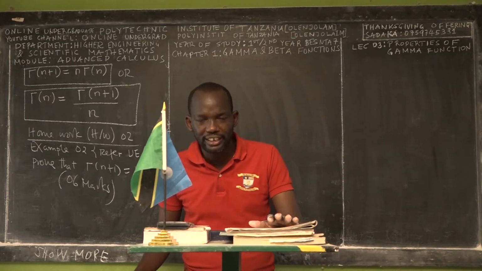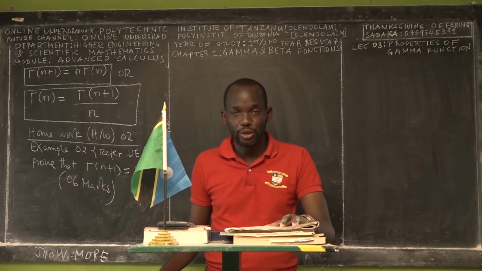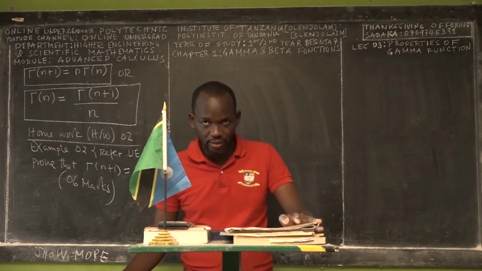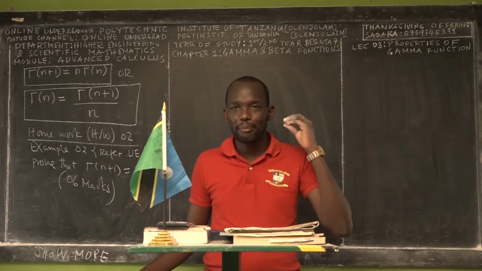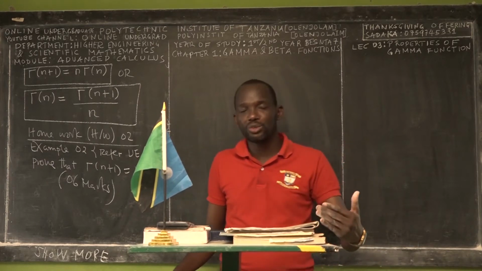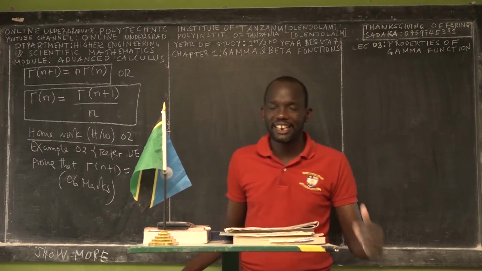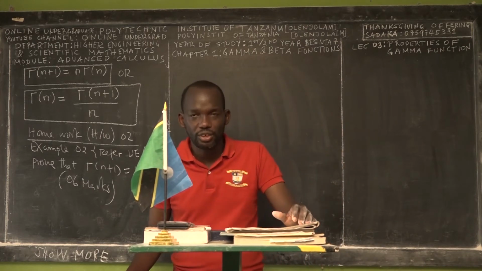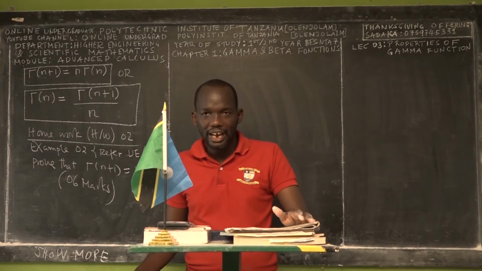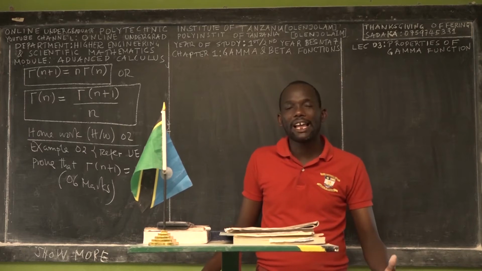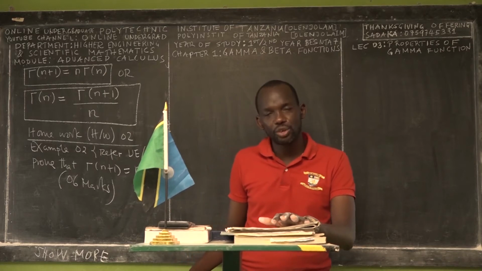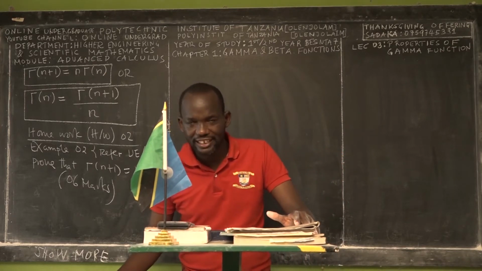You are an undergraduate student, and you are being trained on how to apply the knowledge to solving engineering problems in real life. So that's the main objective. The main objective of Online Undergraduate Polytechnic Institute of Tanzania is to see our continuing and even our graduate students solving real life problems. We have so many specific objectives. One of them is to prepare you to do well in your continuing assessment, and also to do well in your final exams or university exam in high engineering and scientific mathematics.